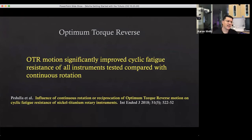I have to say, for me, and I'll talk more about how I use this, I don't want to say no file breakage, but little to no file breakage with this torque reverse setting. So for those of you that are used to using rotary files,